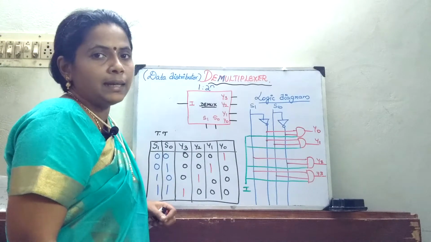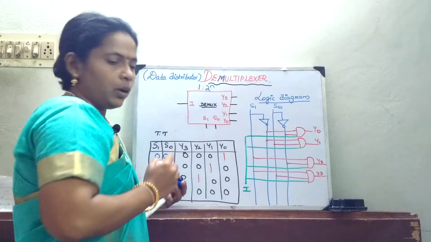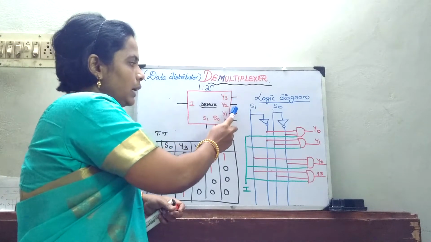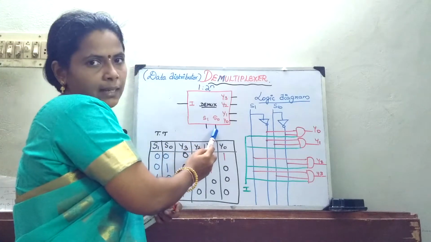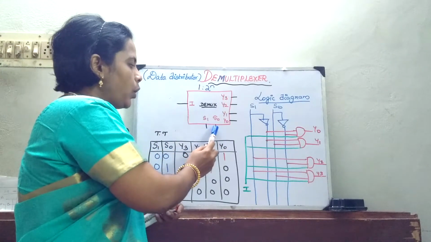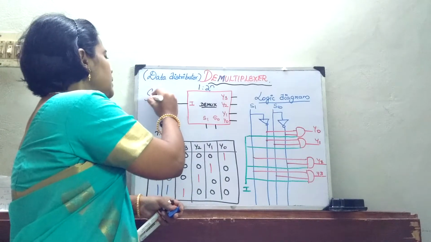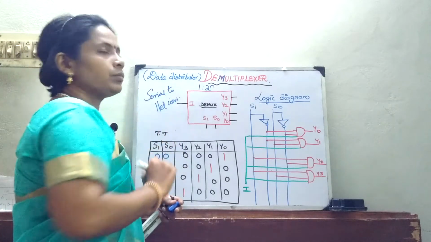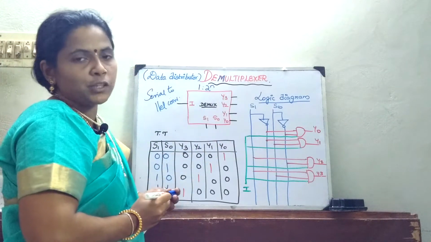Why is it called a data distributor? It is because I am going to have one input, and this one input is going to be routed onto any one of the different channels depending upon the select signals. So the data is going to be distributed through any of the channels depending upon your select signals. Because of this, it is also called a serial to parallel converter. Serially you are giving the data, and it is going to move on through a parallel exchange process.